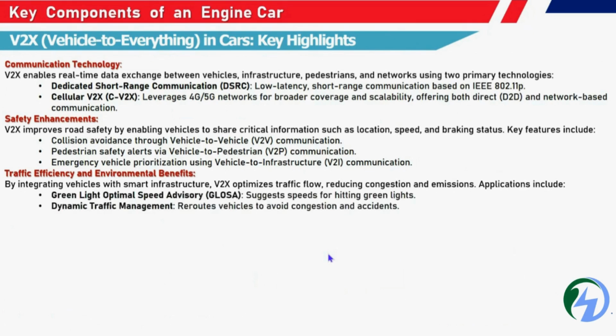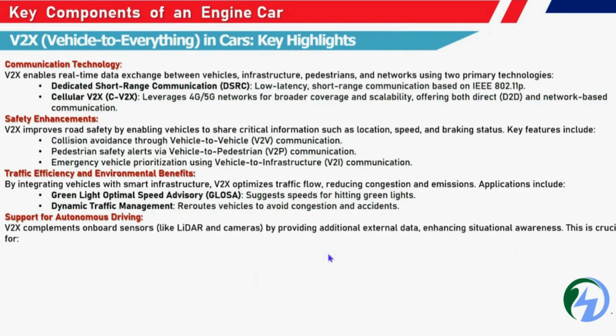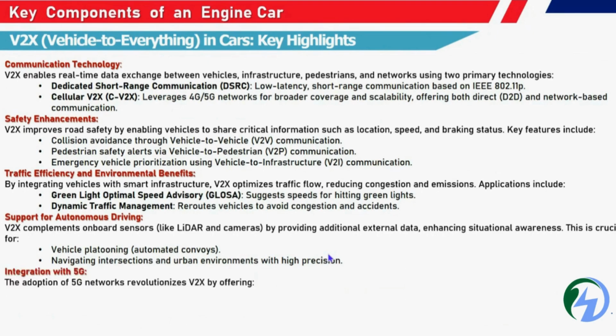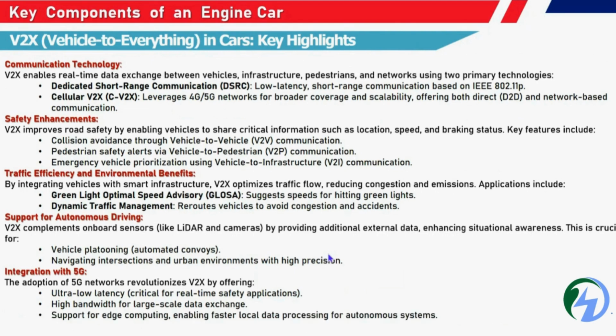It will give alerts for green lights or speed, and dynamic traffic management, and it will also support autonomous driving. Vehicle platooning means the automated convoy or navigation during urban and regional rural areas, and how it will be established. We need it integrated with the 5G network, which should provide high bandwidth and low latency. It will support edge-to-edge communication for enabling the